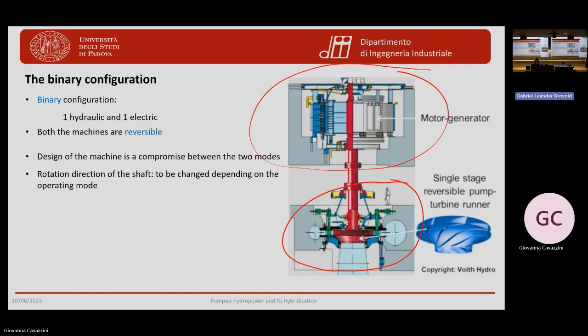We can say 10 years ago, the time for reversing the operating mode was around a couple of minutes. Because you have seen it is not only a matter of stopping the turbine and reversing the rotation direction. This can be done in seconds. But there is a mass of water connected to the turbine. So you have to consider the dynamics of the system, you have to avoid the pipes exploding. So you need to be extremely careful. And to reverse the operating modes, 10 years ago at least 3-4 minutes were necessary, which seems to be a small period of time, but in some cases it's like hundreds of years